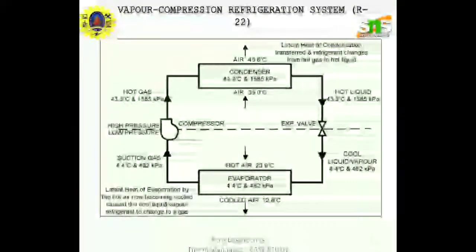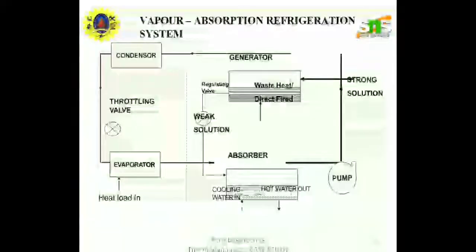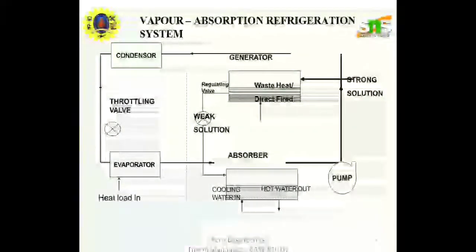There is a vapor compression cycle system. Here there is a condenser and evaporator, with high temperature and low temperature sides, and how it works and what functions are involved in the vapor compression system. In the vapor absorption refrigeration system, there is a condenser, generator, evaporator, and an absorber. This is the difference between the vapor compression and